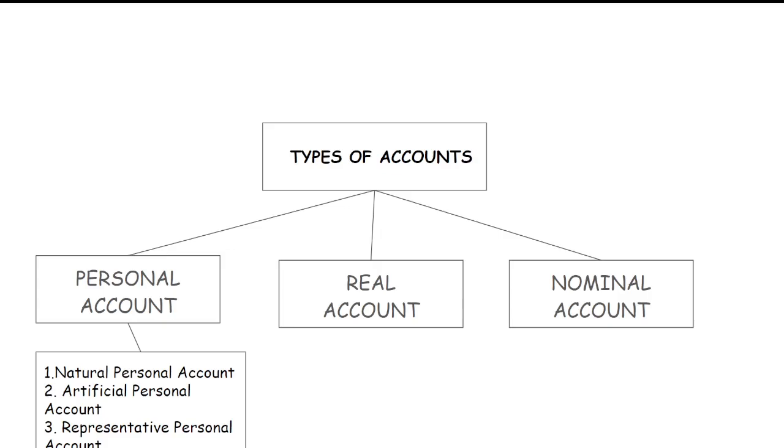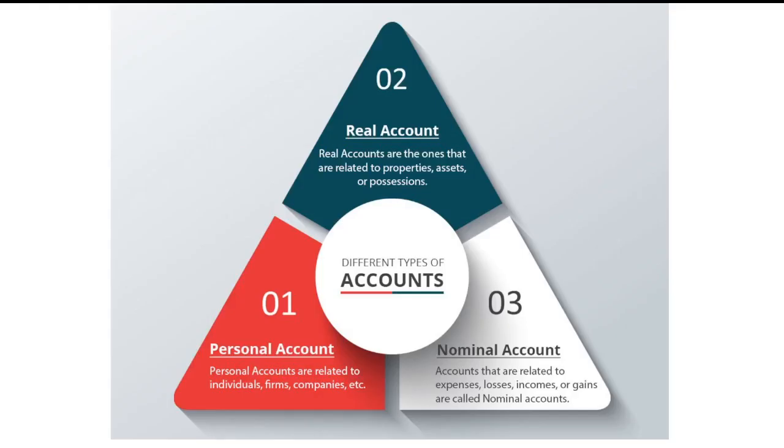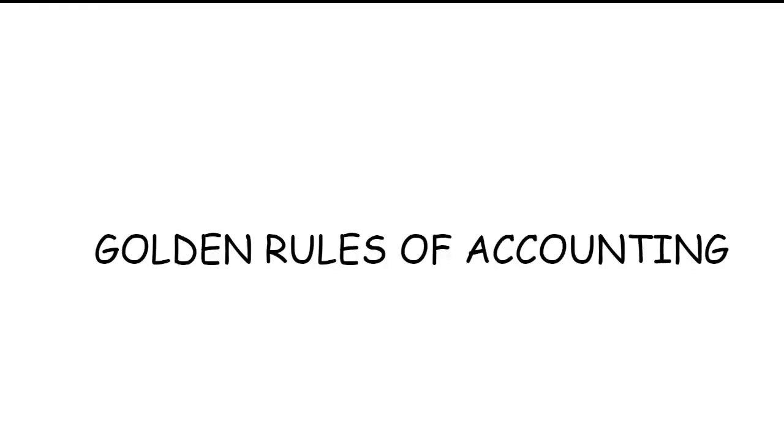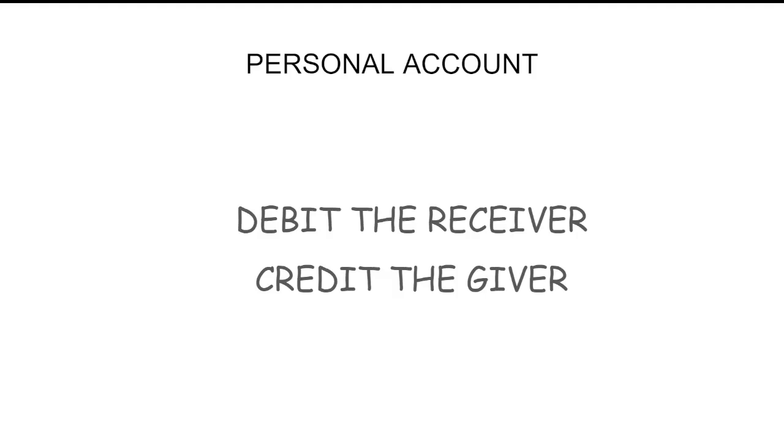Now we will be discussing the golden rules of it. So every account has got its own golden rule which is applicable. So let us start with the golden rules. Now they are called as golden rules because they decide what to be debited, what to be credited. Unless and until you know what are the golden rules and what is the application of golden rule, you won't be able to formulate the journal entry.